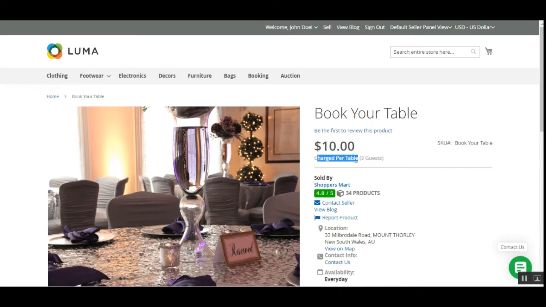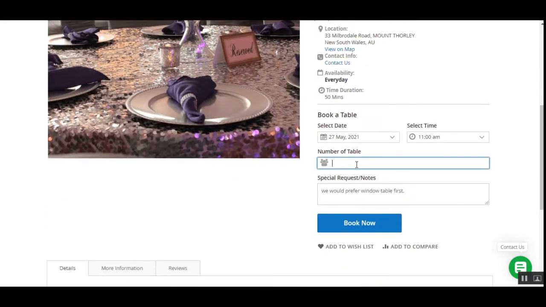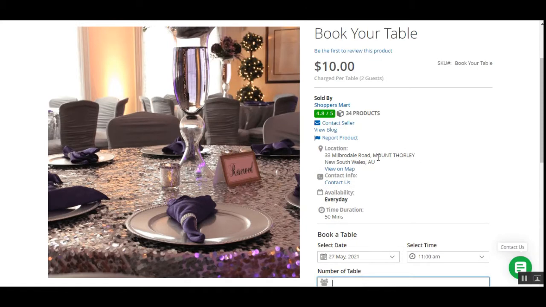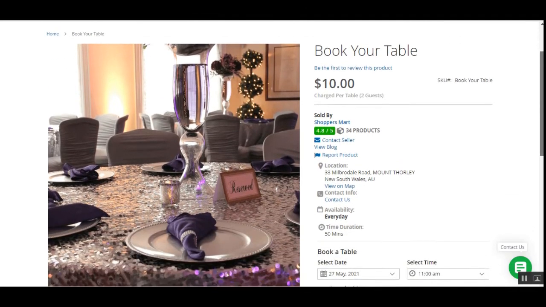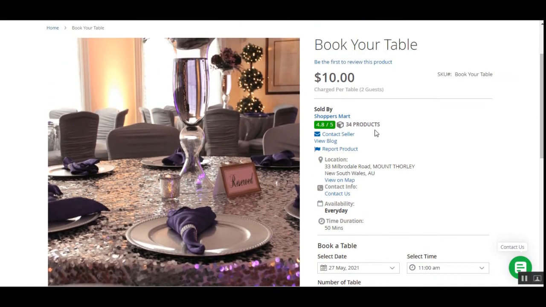Here you have to enter the number of tables that you want to book. We can charge per table as well as per guest. I'll be showing you that in a while, but before we proceed with the workflow of this plugin,